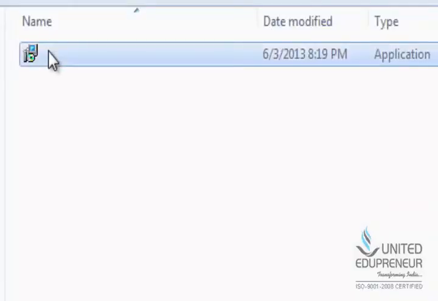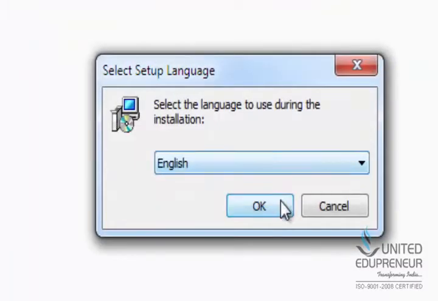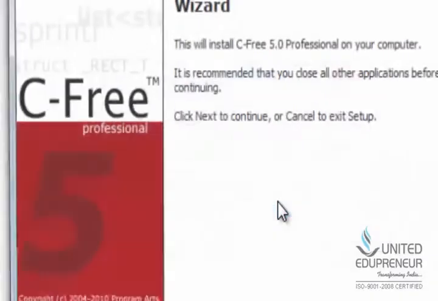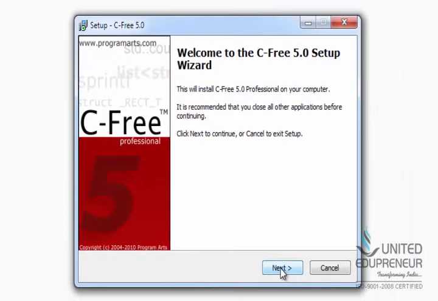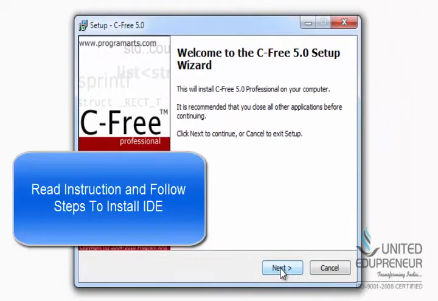Double click on that exe to install the IDE on your machine. Select the language which is appropriate to you. Once you select the language, it will open a wizard.